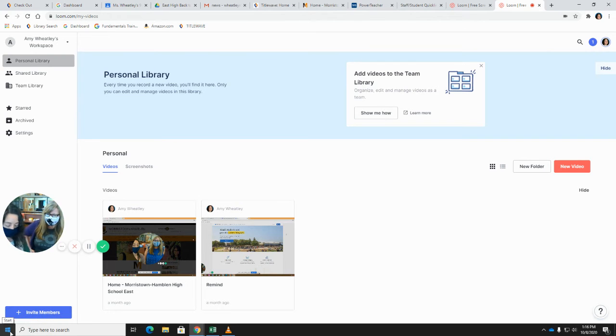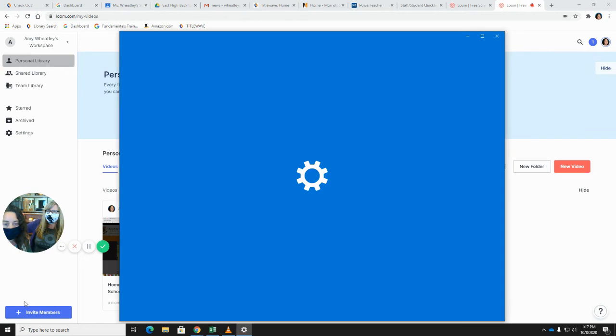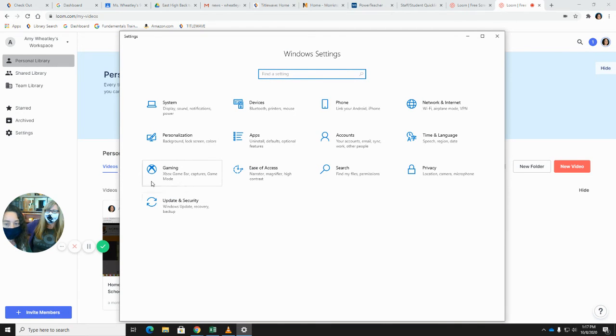The next thing that we need to talk to you guys about is not necessarily mic related, but is in Game Bar, which sounds crazy to me, but Miss Wheatley knows what she's talking about here. And she's going to show you how to get your settings correct so that when you take your tests in your lockdown browsers, they will work correctly. Well, since we use Microsoft, there is some integration with Xbox. So we're going to go to the Windows icon right here, the Start button, and then Settings. And then you'll see where it says Gaming.